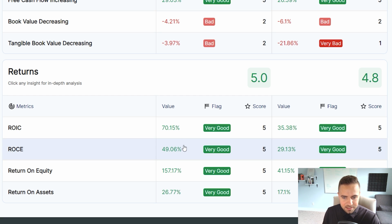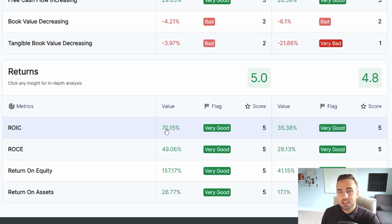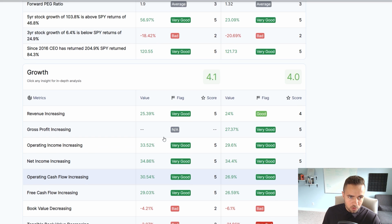ROIC, ROCE, return on equity, and return on assets are all significantly better over at Mastercard, which means that this company is better at investing its money into growth and investing the money within itself to produce returns for shareholders and ultimately for the company. When we take a look at our Stock Unlock insights, basically what I'm seeing is Mastercard is slightly better at deploying capital. It's growing more rapidly,